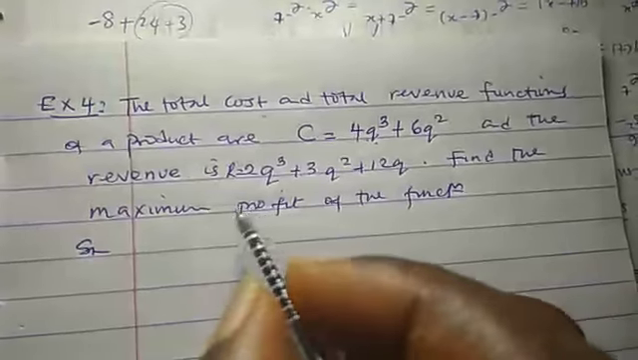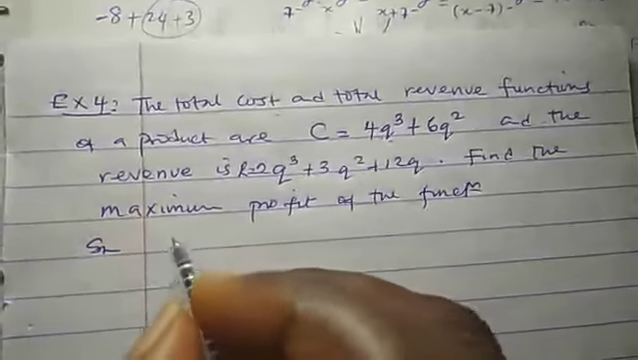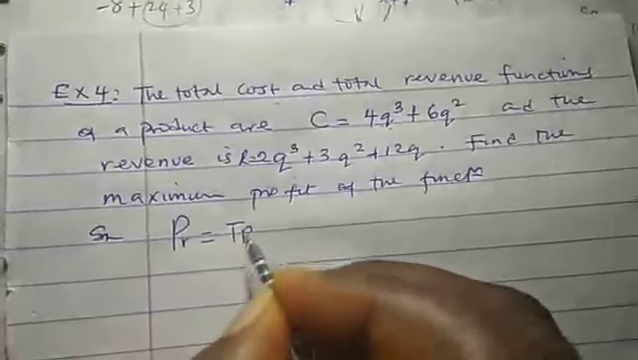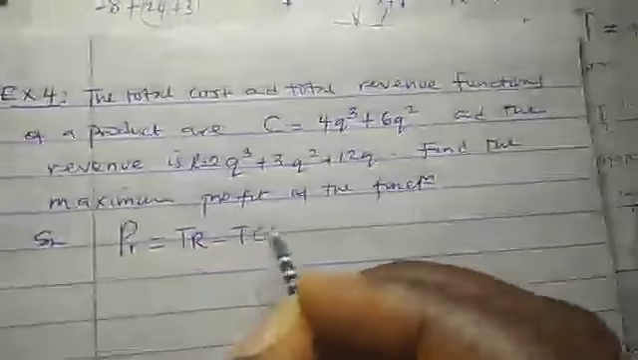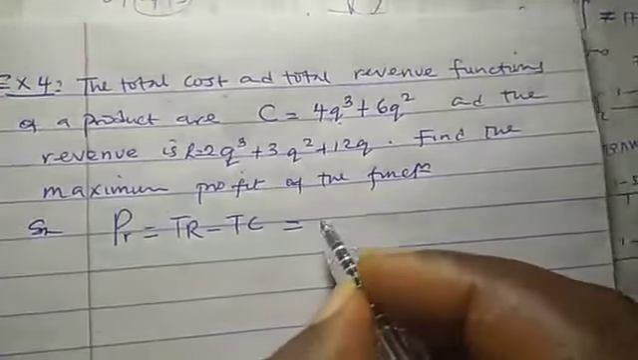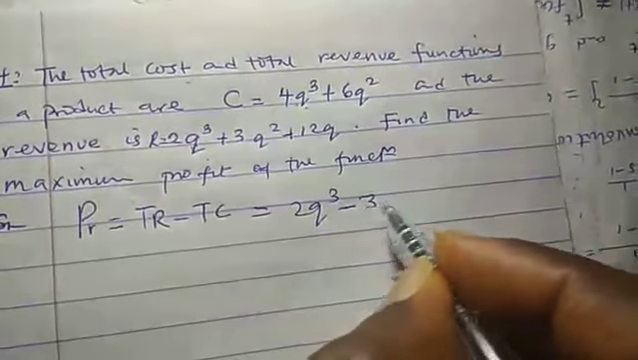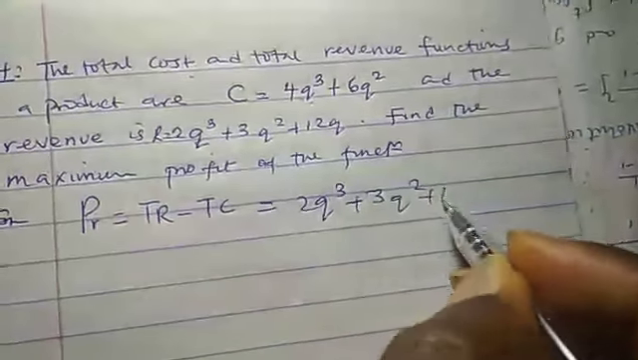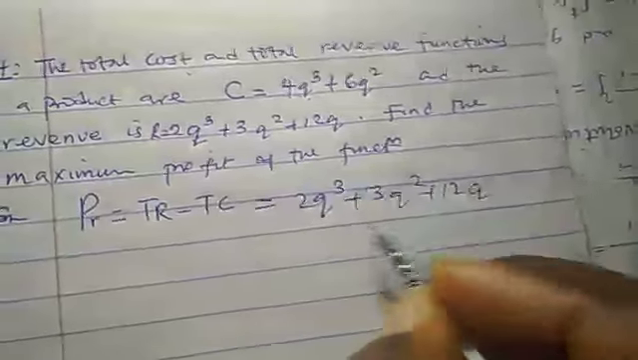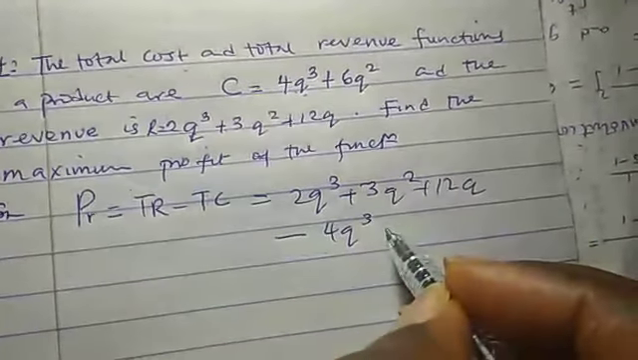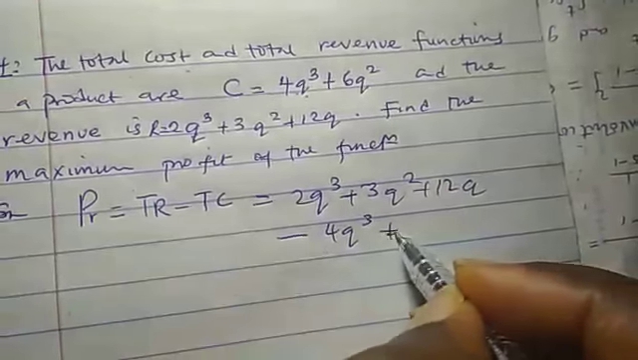To get the maximum profit, we need to know what profit itself is. We have known that profit is total revenue minus total cost. The total revenue is 2q cube minus 3 plus 3q square plus 12q, minus total cost, 4q cube plus,